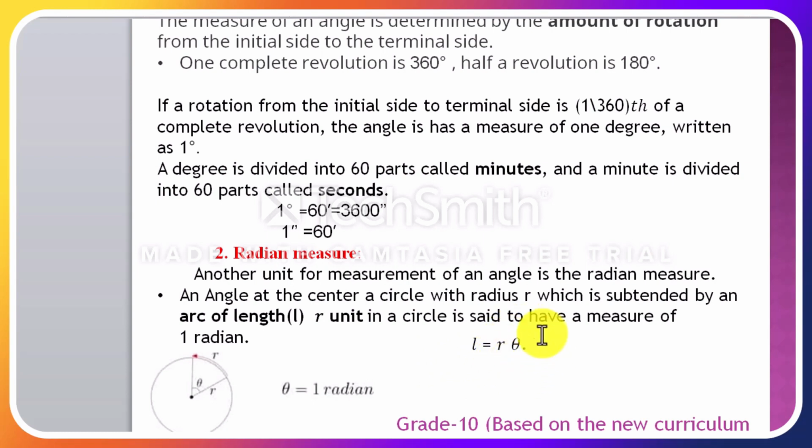Therefore the relationship between arc length, radius of a circle and an angle theta, a central angle that is given in what? In a radian measure, is given by this formula. Arc length L is equal to radius of a circle times theta, where theta is an angle that is given in radian measure ይሆናል ማለት ነው። ስለዚህ አርክ ሌንግዝ እኩል ይሆናል ሬዲየስ ሲባዛ ቴታ። ግን ቴታ ሁልጊዜ እዚህ ጋር መስጠት ያለበት ምንድነው? በራዲያን። በሌላ ለምሳሌ በዲግሪ ቢሰጠን ወደ ራዲያን መቀየር ያለብን። ስለዚህ በእነዚህ በሶስቱ መካከል ያለው ዝምድና እዚህ ጋር በተቀመጠው መንገድ ይሆናል ማለት ነው።